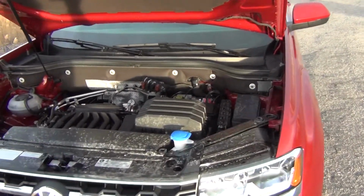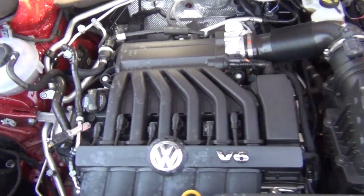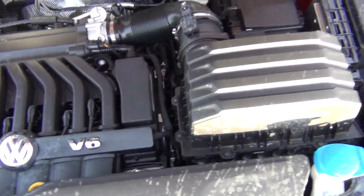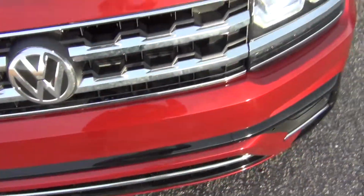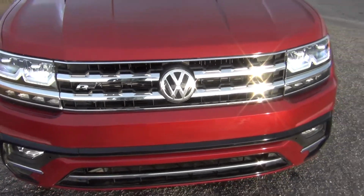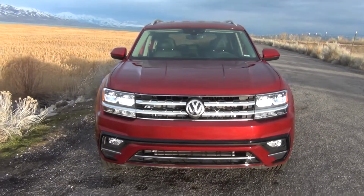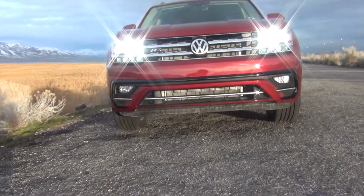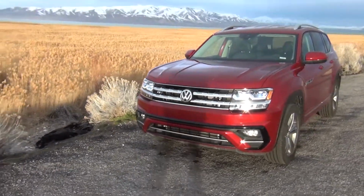The R-Line comes with a 3.6-liter V6 with 276 horsepower and 266 foot-pounds of torque. This is good for a 5,000-pound towing capacity and a 0 to 60 time of about 7.5 seconds. While the Atlas is front-wheel drive or front-wheel drive biased in the all-wheel drive models, it does come with the 4Motion all-wheel drive as an option, which can split the torque between the front and rear axles 50-50, but it